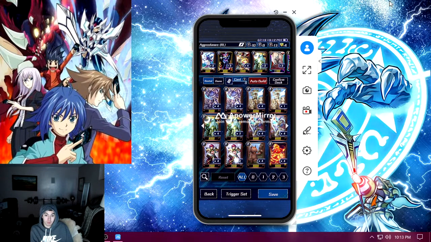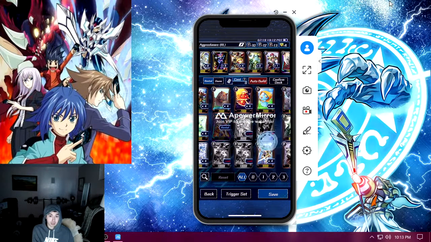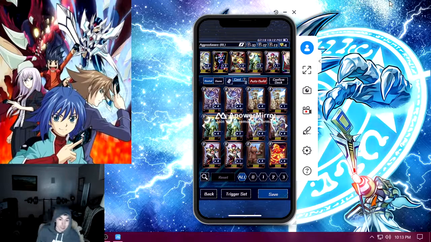Instead of that, I run 1 Providence Strategist, as I like the extra draws from there. And then I do run my 2 Lopier Shooters. But then the last grade 2 is not a